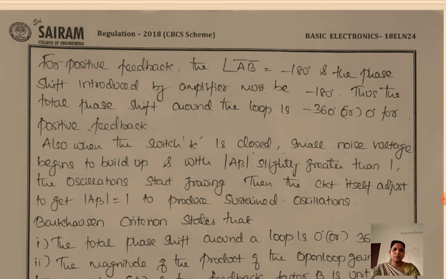For positive feedback, we have just derived the condition that the angle should be minus 180 degree. And the phase shift introduced by the amplifier, if I take it as an inverting amplifier, again produces another minus 180 degree phase shift. So if you add the phase shifts, one due to the positive feedback and another because of the inverting amplifier, the total phase shift will be around minus 360 degree or 0 degree. That is, there is no phase shift, and thereby we can avoid the phase shift produced by the positive feedback also.